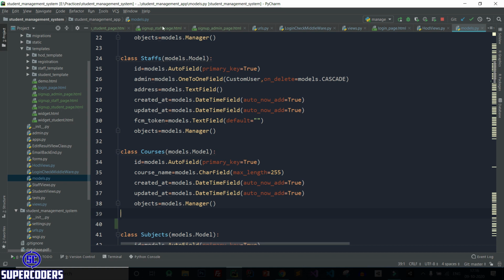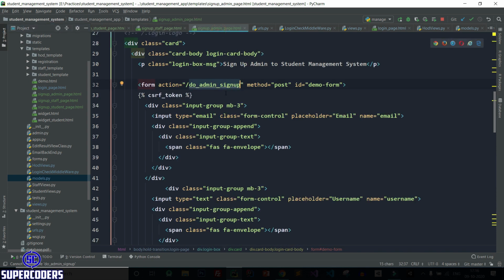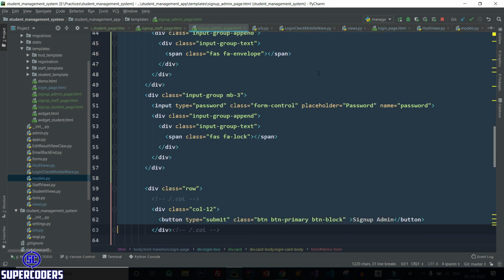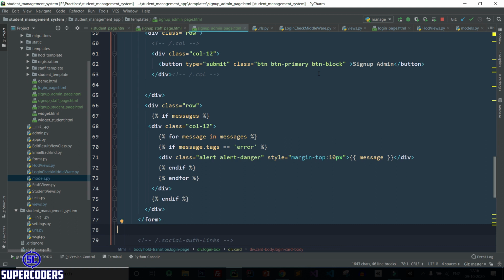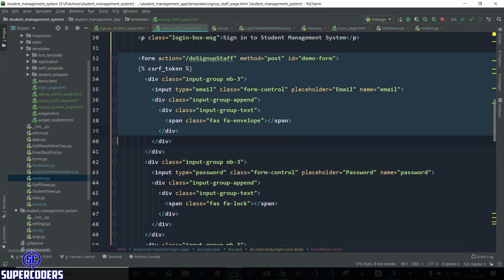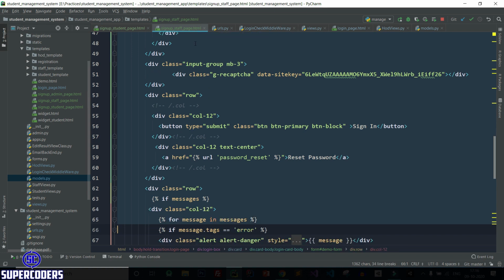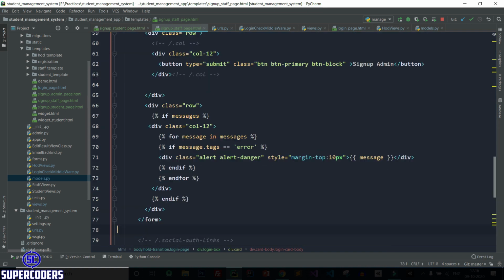So again sign up staff, and just do one thing, simply copy this form. Let's close this because our admin sign up part is ready, and here change this to, delete it and paste it.